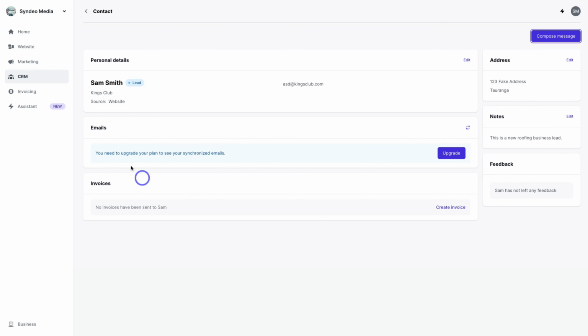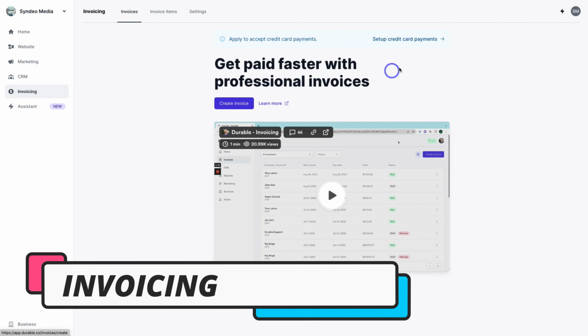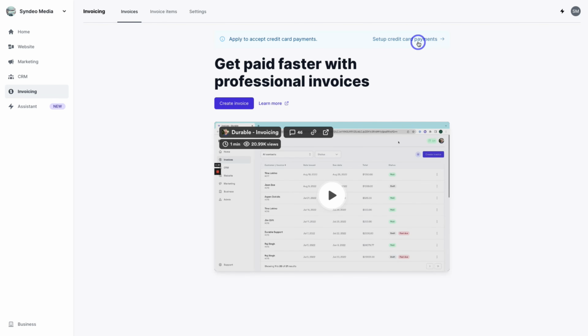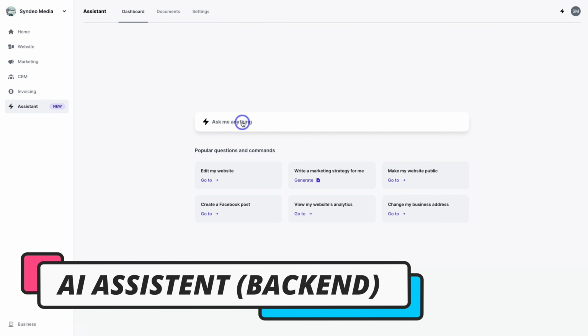And that takes us on to the next section, which is invoicing. If I click on invoicing, this is where we can create and manage invoices. We can also set up credit card payments inside Durable, and that way contacts can make payments through our Durable account. Then if we navigate down further, we have Assistant, and this is simply an AI chat tool similar to